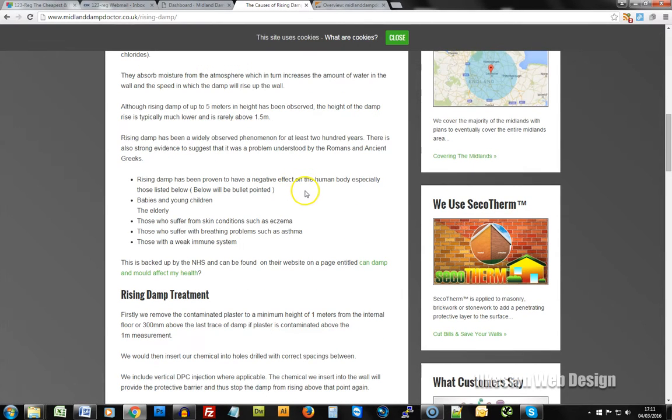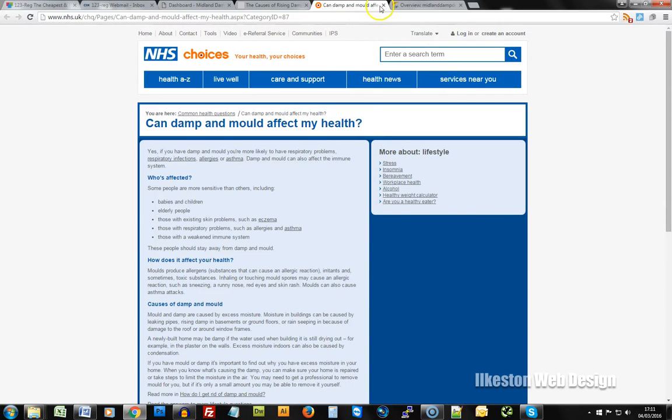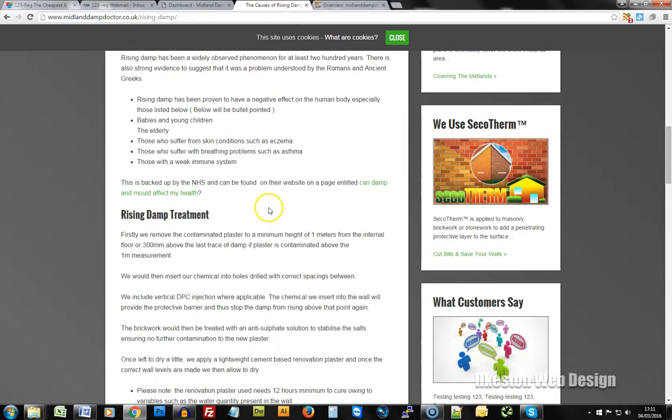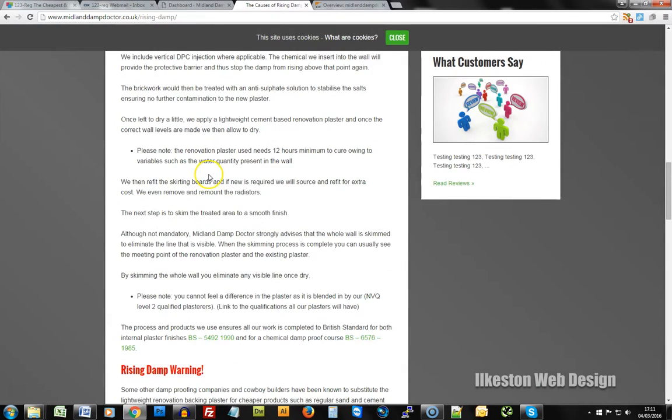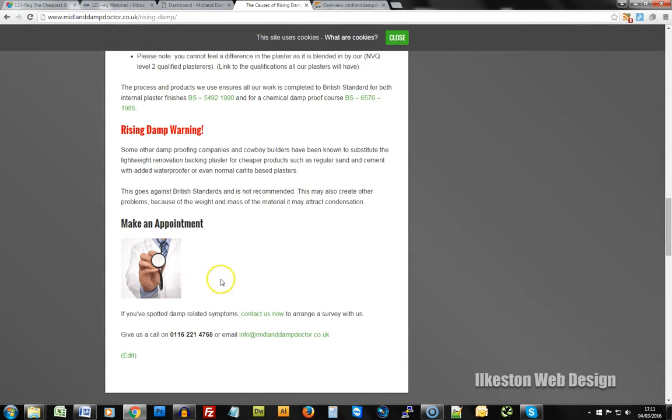There's some danger with health and damp related to not having your house damp proofed. So we've linked through here to about how damp and mold can affect your health. That was your idea, wasn't it, to link externally? We've got lots of good content. We've also linked through to the British Standards website about some of the British Standards compliance, and as ever at